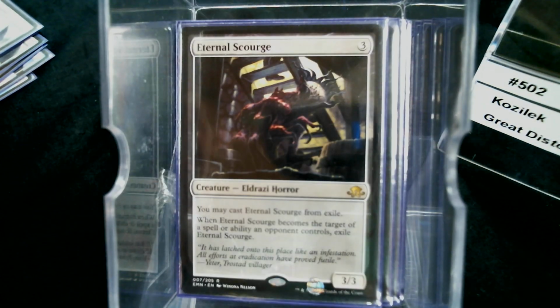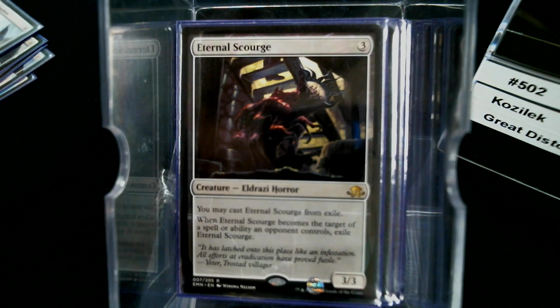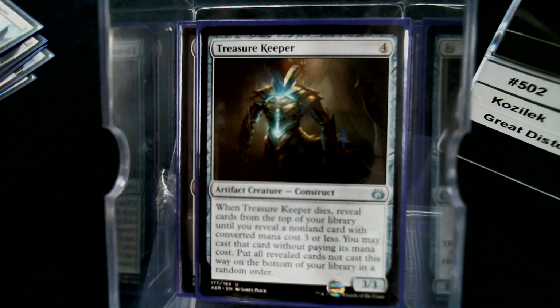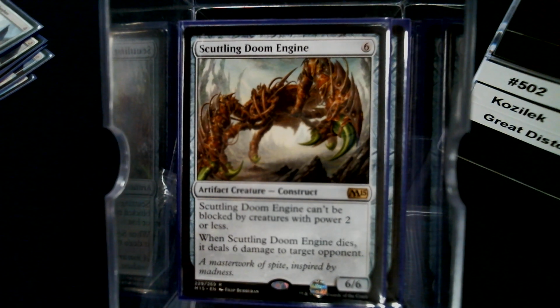Eternal Scourge. Treasure Keeper. Treasure Keeper, let's see. What are 4 mana, 4 CMC cards? All the board wipes. Wrath, Damnation, Day, all of the, well, not all. Scuttling Doom Engine, a 6/6 with some evasion, and it costs 6, so that gets us out of